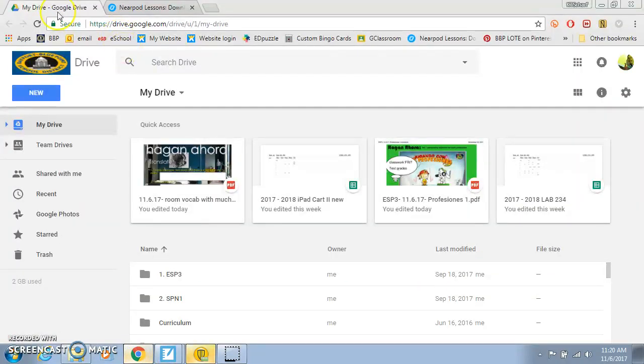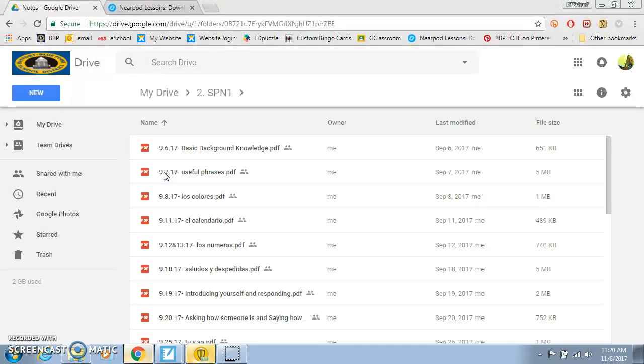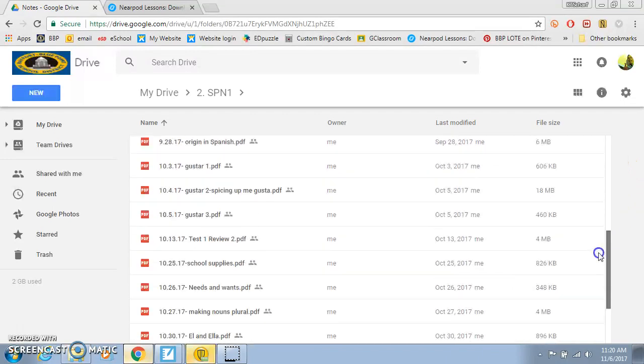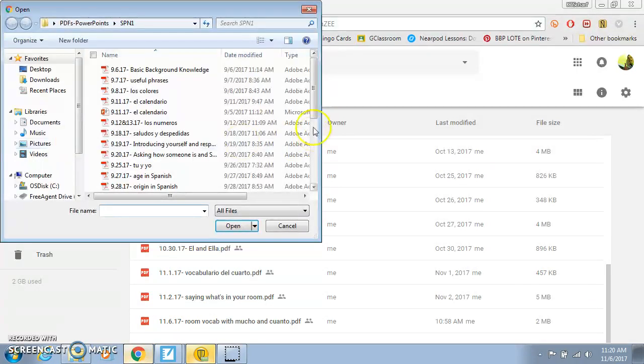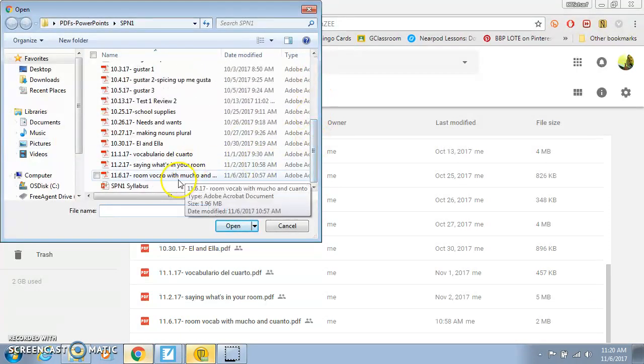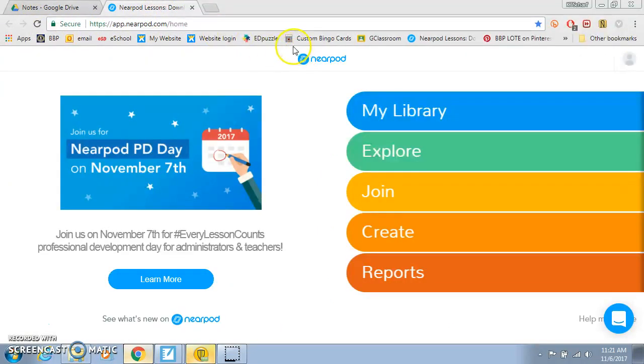Then I'm going to open up my Google Drive. I have a Spanish 1 folder and a folder for notes. This is shared on Google Classroom. I already have this in here, but I could go to New, File, Upload, and then just choose that lesson and then open it up and it goes in there. Once that loads, and it takes like 2.5 seconds, I go to Nearpod, log in,